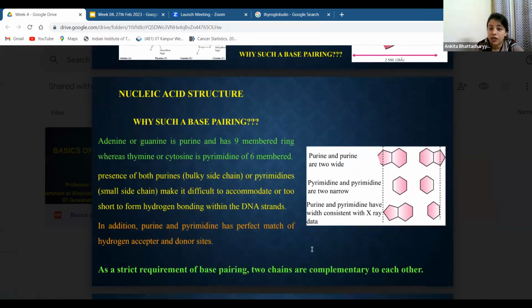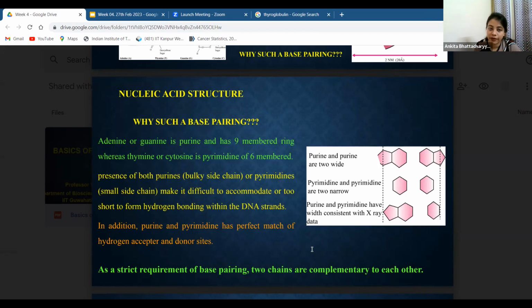The question that comes is why. One of the major reasons is that this is derived based on what is observed. You observe something in any field of science, and from that observation you analyze based on what information is known, and then you come to a conclusion, right? So we have 2 strands, and based on the X-ray crystallographic data, which is one of the experimental methods of determining the structure for proteins and for nucleic acids as well, what actually suited the data